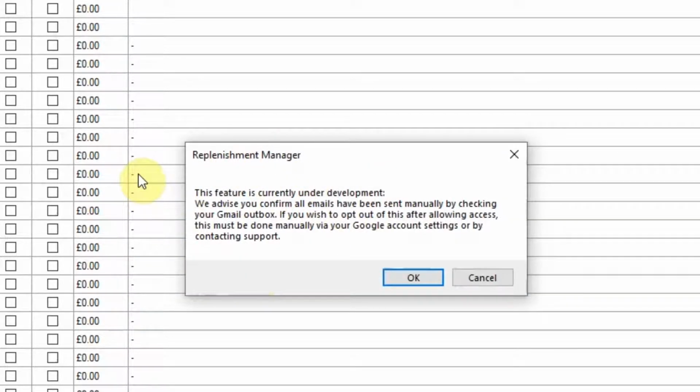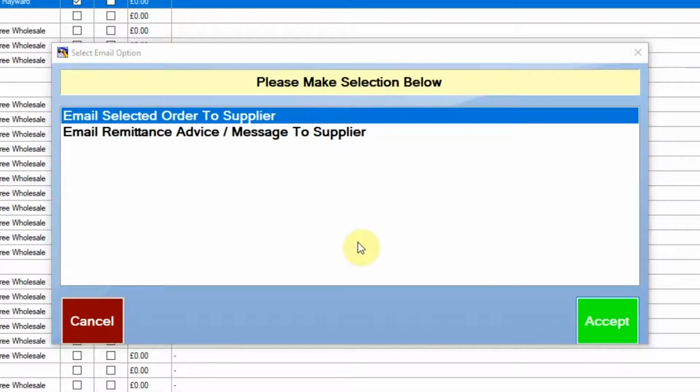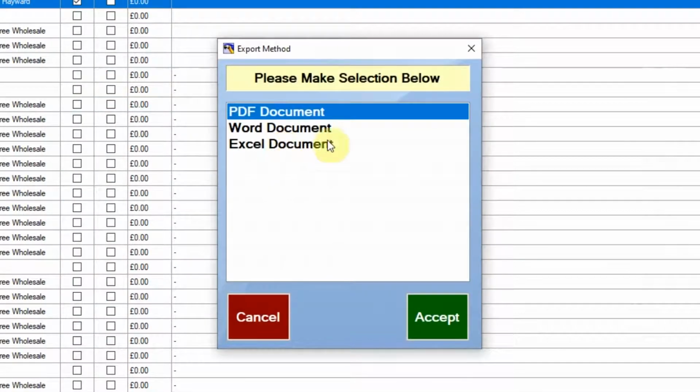A little thing pops up that explains that it's still under development, and we advise you to confirm all your emails are being sent by manually checking your Gmail outbox. And obviously if you wish to opt out after allowing access, it has to be done manually via your Google account settings, or you can contact us and we can help you out with how to do that. That's no big problem. So we click on OK on that, and then you go through the usual system of